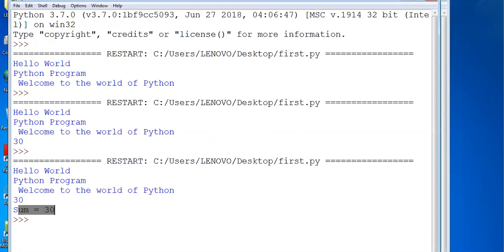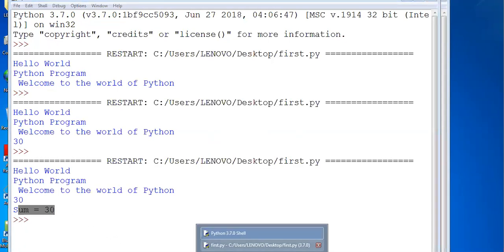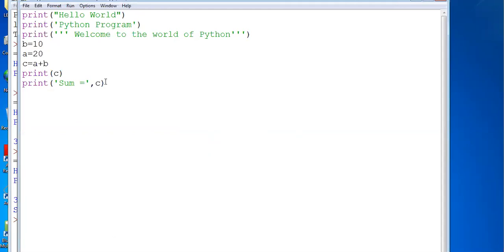I think it is clear. Whenever you have to display both the message and the variable value, the variable should not be enclosed in single, double, or triple quotes. It should be written like this, and the message should be enclosed in single, double, or triple quotes.